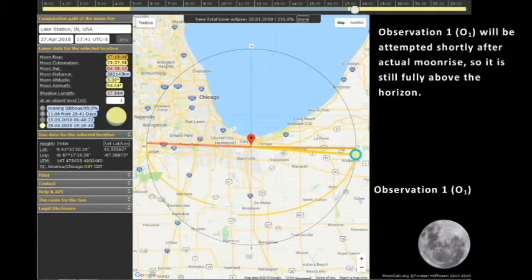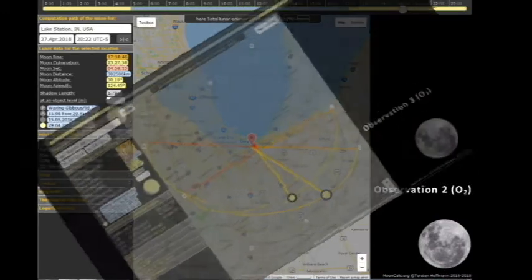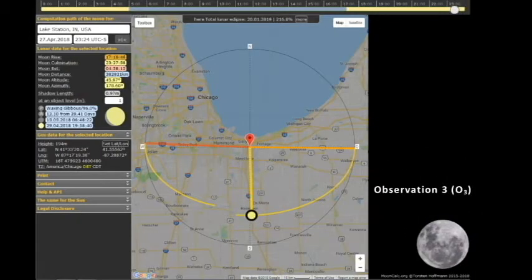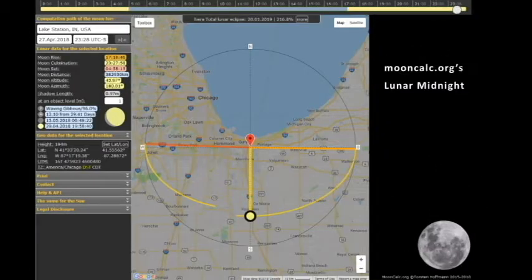So here's 1. This is observation 2. You look at the left for the time I plan on taking it. I plan on taking it at 20:22. This is all in central daylight savings time, okay? So this is observation 3, which will be at 23:24 on the 27th. Oh, wait, sorry. This is mooncalc.org's lunar midnight. As you can see, it's a couple minutes ahead of what...